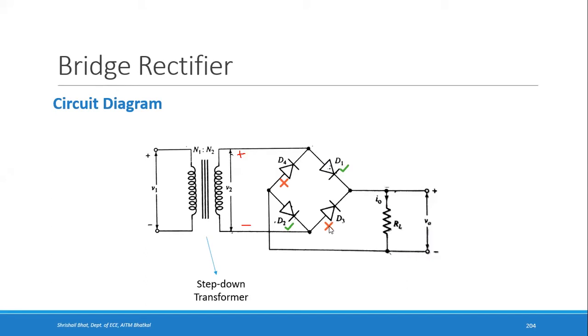So I can trace the direction of the current. It originates here from the positive, and comes this way, then flows through the diode, right? Then here, since it is an open circuit, there is no current flow in this path. From this node there are two paths. Here there is an open circuit, so there is no current flow in this path. Current flows this way, and from this node it goes this way. And from here, it enters RL as I naught, right?